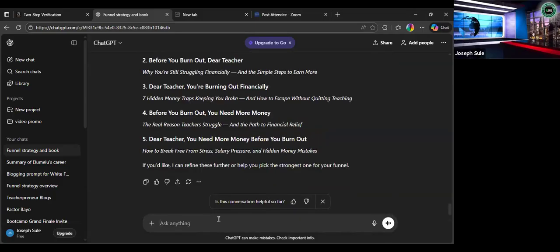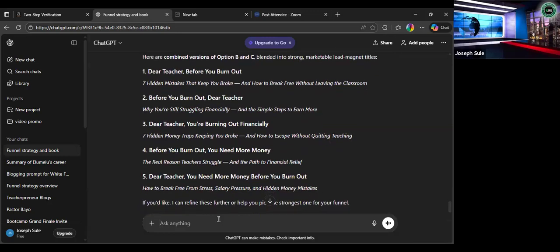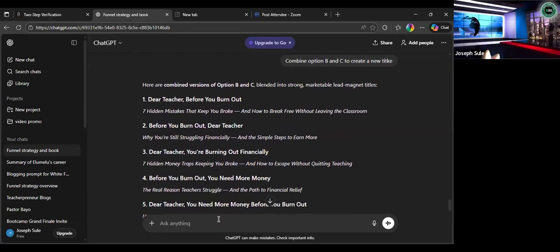Okay, even more than 3. 5. Dear teacher, before you burn out. Before you burn out, dear teacher, you are burning out financially. Before you burn out, you need more money. Okay, it seems to mix the thing up. So fine, I can take the first one. Dear teacher, before you burn out, 7 hidden mistakes that keep you broke and how to break free without leaving the classroom. So I say I take option 1.